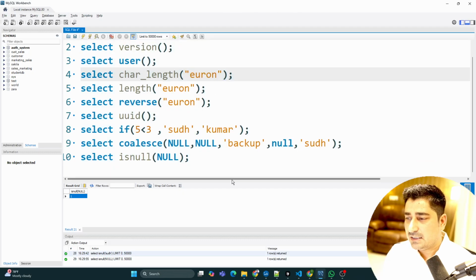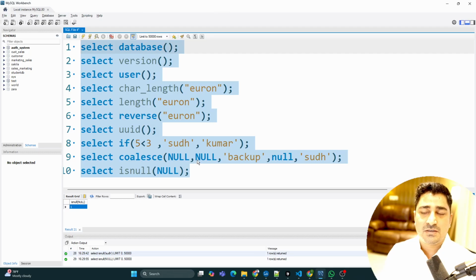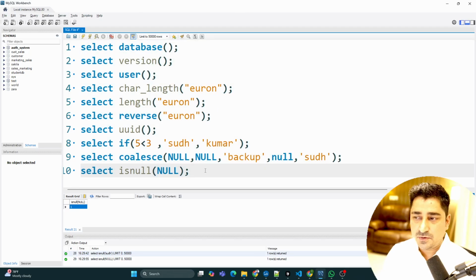So these are the functions, guys. Again, I'm not saying that you should remember any of these functions, but at least once in a lifetime you are supposed to execute all of them, and I'm going to discuss more such functions